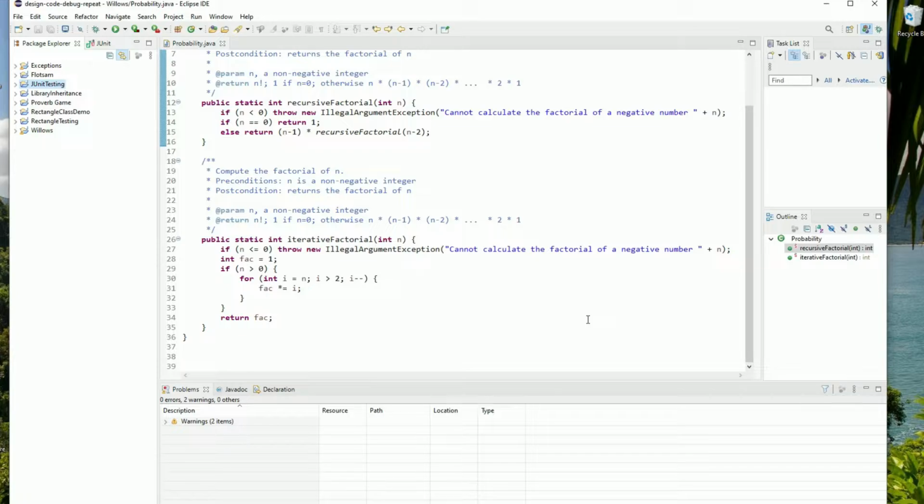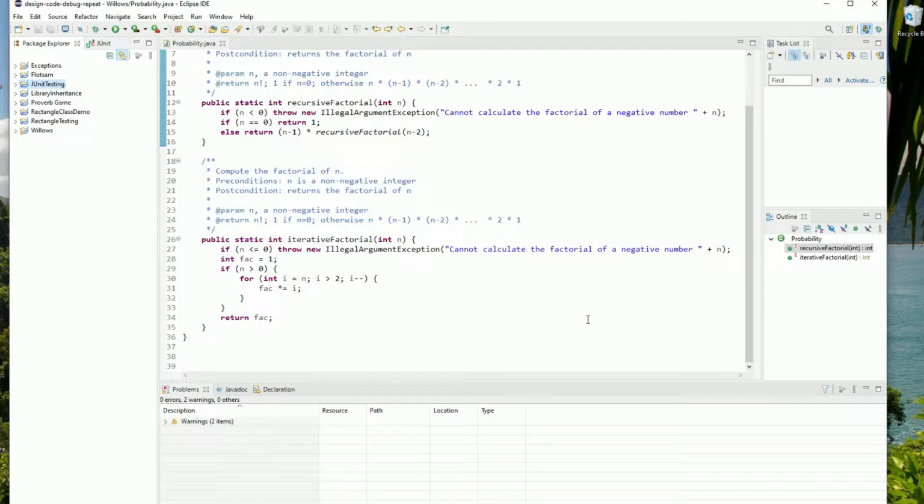Let's see if we can write a thorough set of JUnit test cases to find the errors. A successful test case is one that uncovers errors, and I've guaranteed here that we'll be successful. Now, to write the test cases, let's first create a JUnit class for testing, and then we'll just think about the definition of factorial and the preconditions and postconditions of the methods. These methods and this functionality really do satisfy the condition of being well-defined,